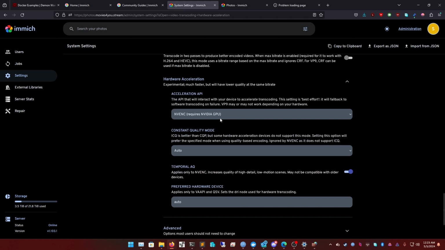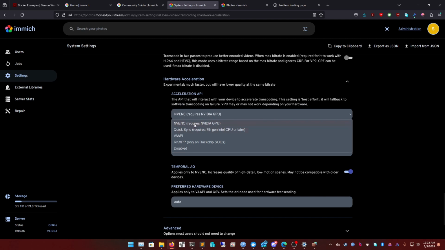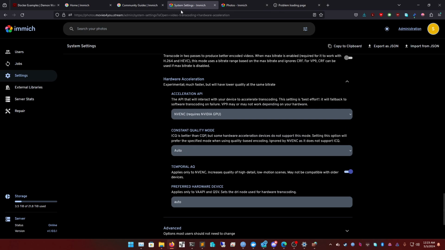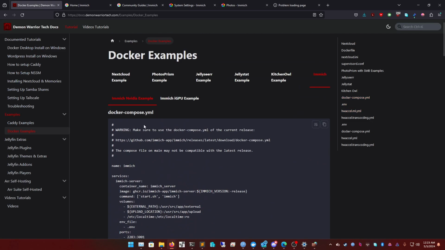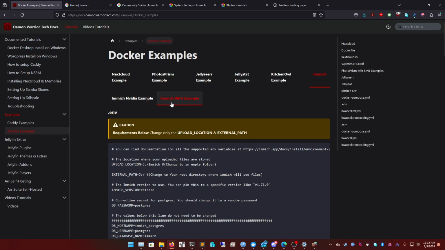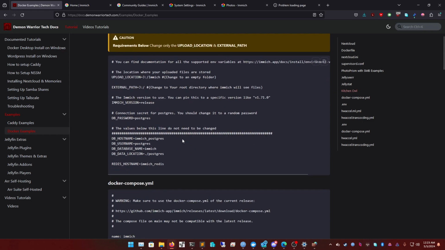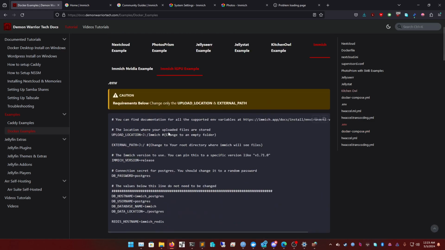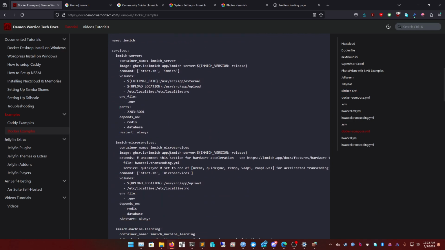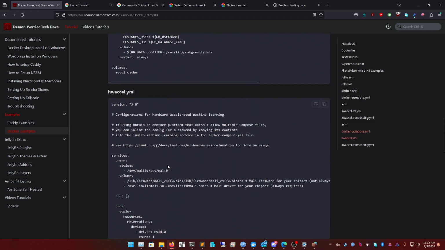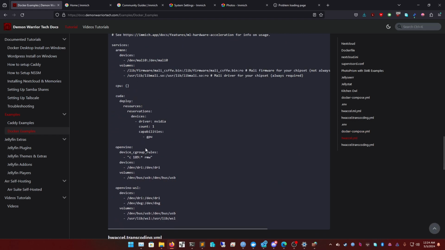Hardware acceleration. This is very, very important. This is where we select which hardware we're going to use. So I have an Nvidia GPU, so I keep it as NVENC. If you have an iGPU, keep it as QuickSync. And again, just following my guides, I have not only an Nvidia section, but also an iGPU section for QuickSync. So this will be the same file as here, just that it'll have all the extra NVENC and QuickSync, or I'm sorry, QuickSync and